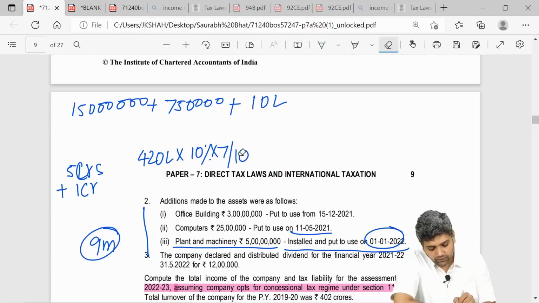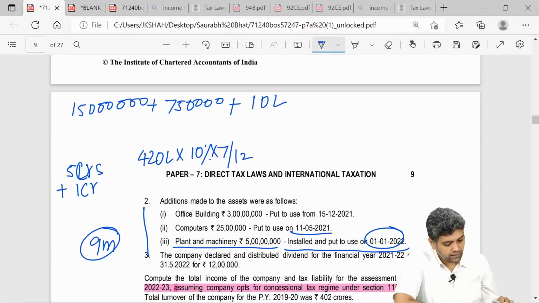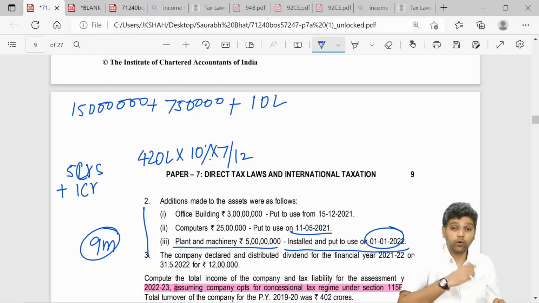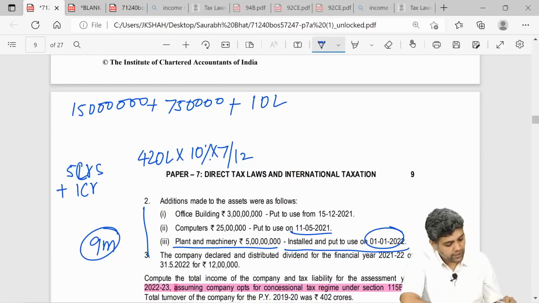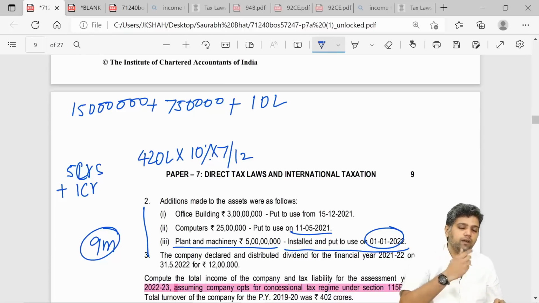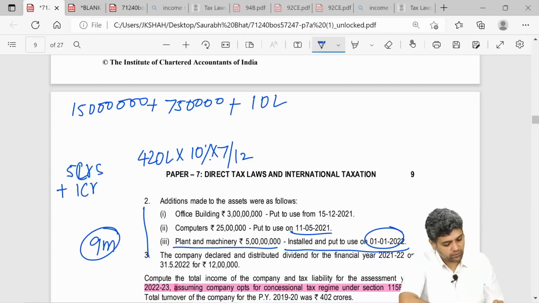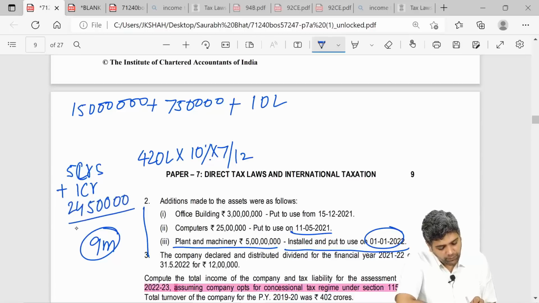So over here I will say that 4 crore 20 lakhs is the borrowing which I made for the entire year. 10% is the interest cost on that. So June up till December, so June, July, August, September, October, November, December, yes, 7 months. So 7 divided by 12, that comes to 24,50,000. So my capitalization comes to 6 crores